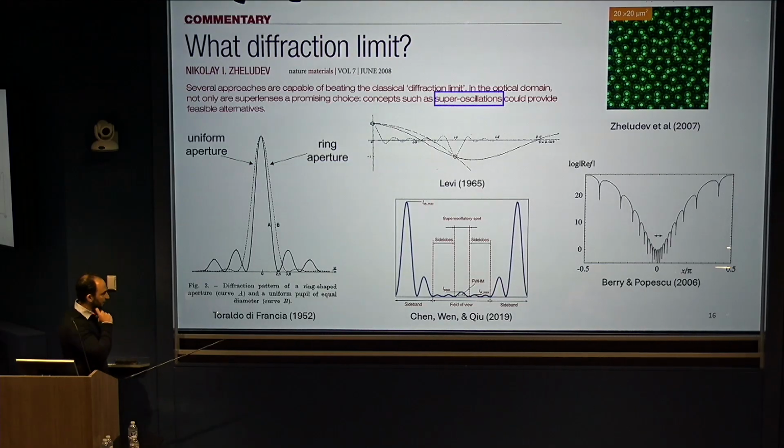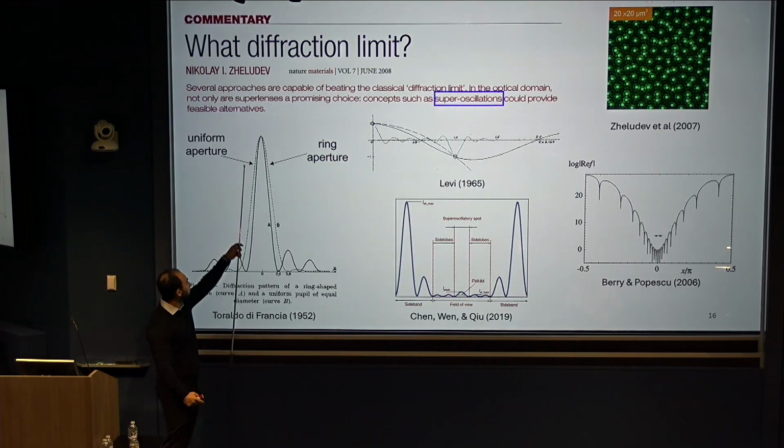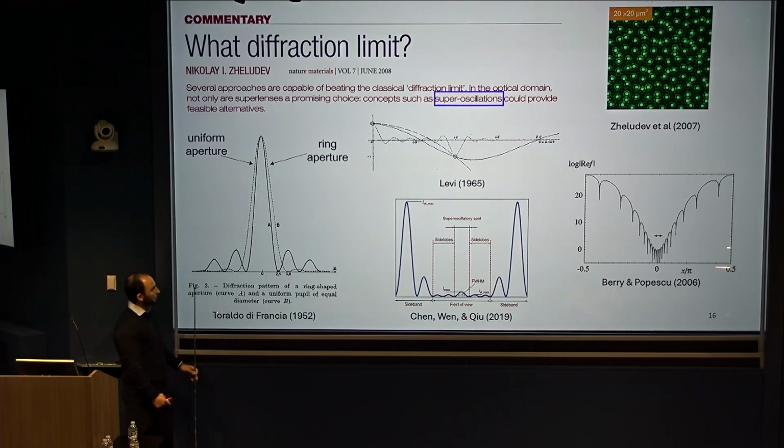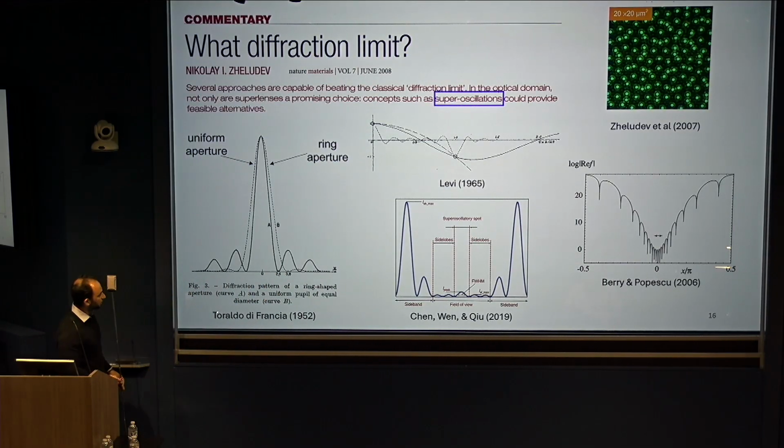This is, again, a topic that has a long history, going back to Toraldo di Francia, at least, who noticed that if you take Airy's circular aperture and then you just block a lot of the center and create a ring, that's already a recipe for taking the zeros and bringing them in. You'd lose intensity, but you could bring the zeros in. Michael Berry has done a lot of very important work on this, and there's a lot of signal processing literature on creating these kinds of super oscillatory functions.